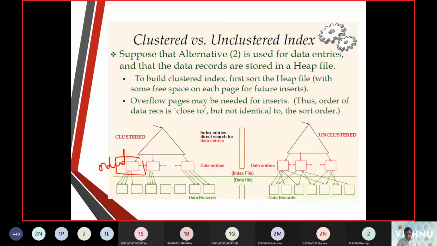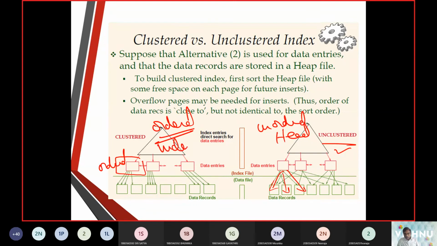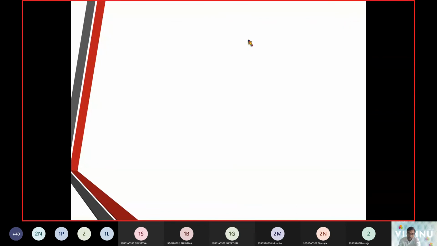But here you can see items are zigzag, pointing to multiple ways of linking. So that is what we call unclustered. It is a heap, it is unordered. But with clustering, we get the ordered way of indexing the items. So that is regarding clustered or unclustered.